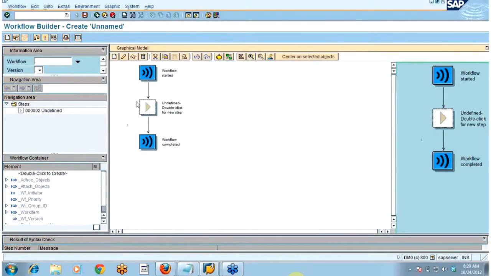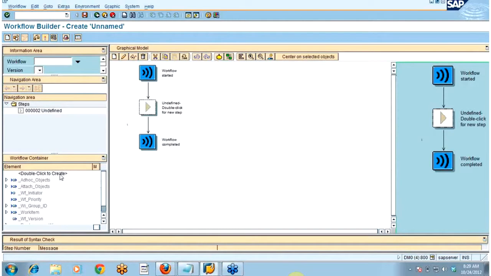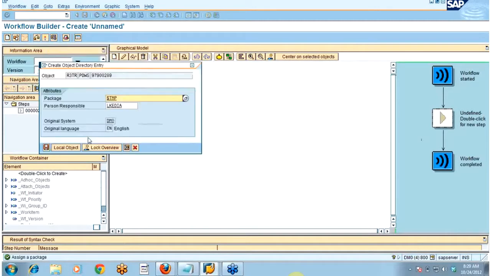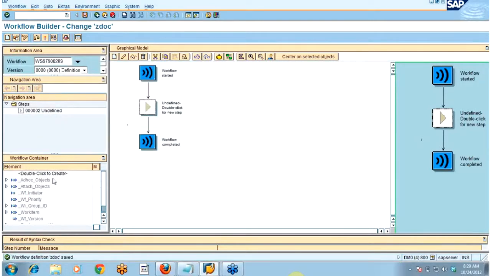Okay. So I was showing you this document from template. Before creating the document from template step, you will have to first save it. Just give the abbreviation. I have saved it.